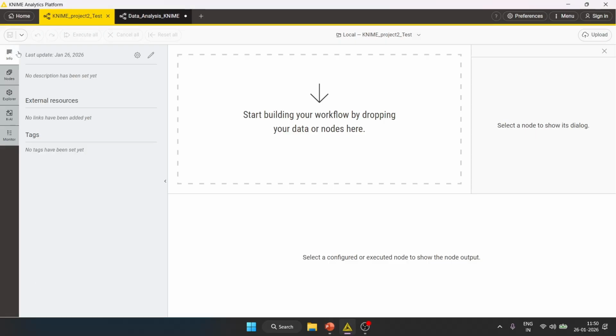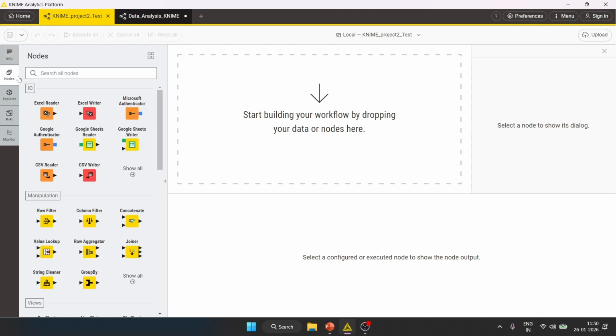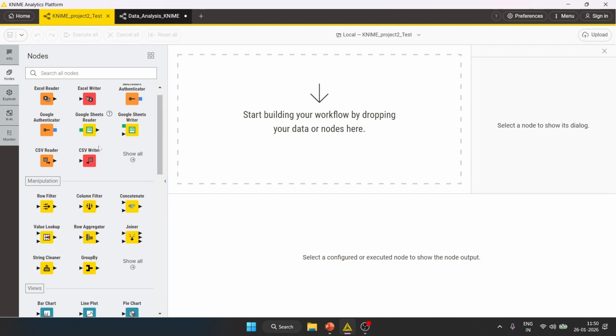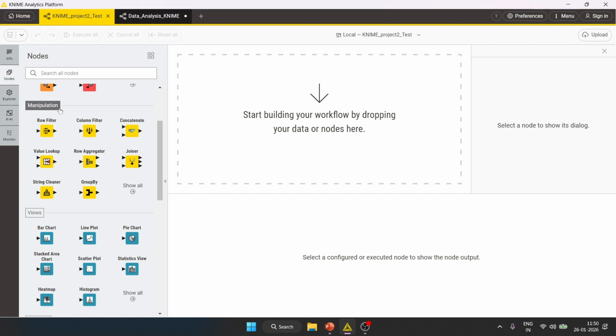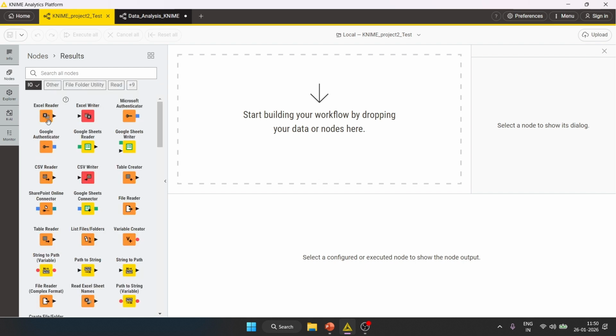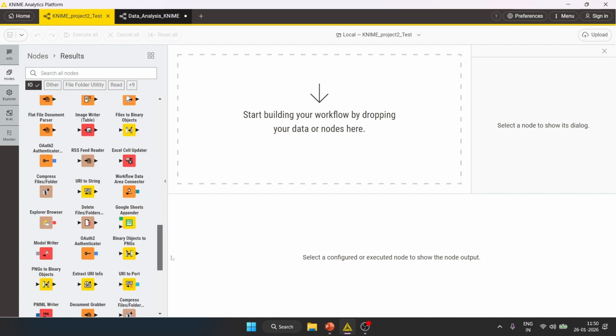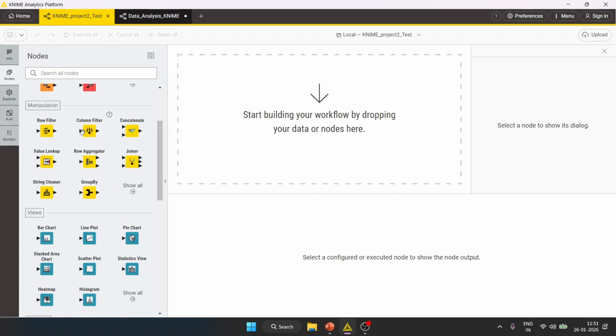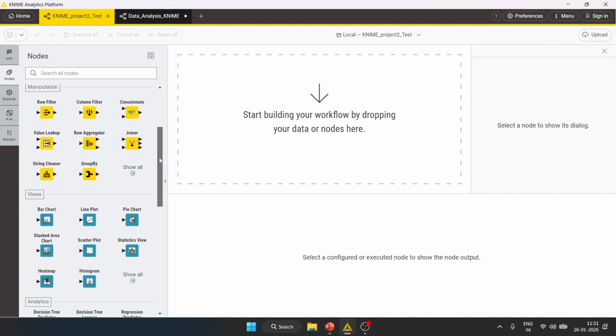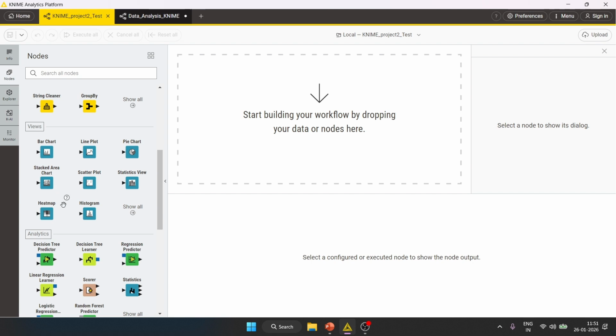You can see here the first tab is the info tab and the second is the node tab. Here you can see IO, which are the input nodes. All these are input nodes, and you can click here to see other input nodes as well. Second is the manipulation nodes. You can see there are nodes related to column filter, row filter, value lookup. And another category of nodes are visualization nodes, where you can see chart, bar chart,